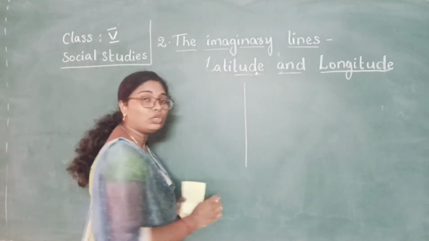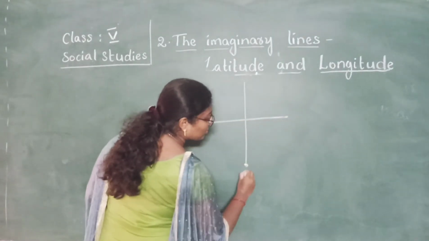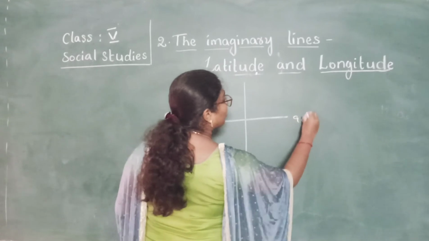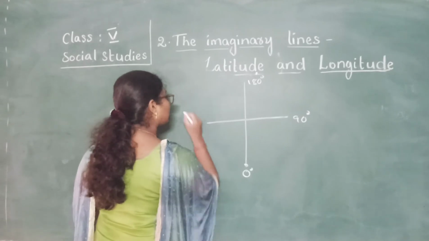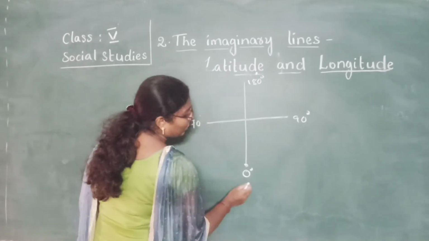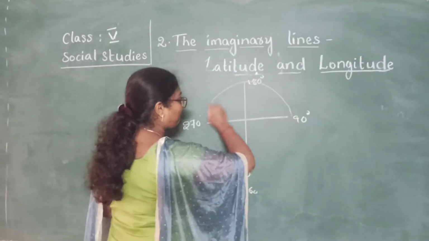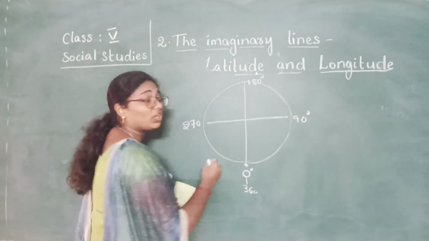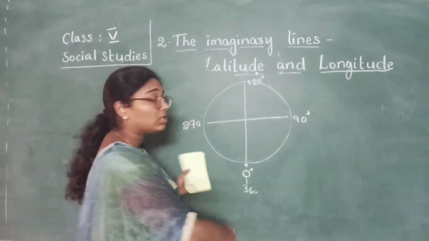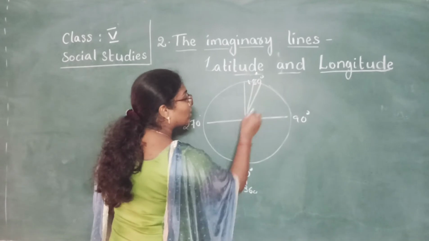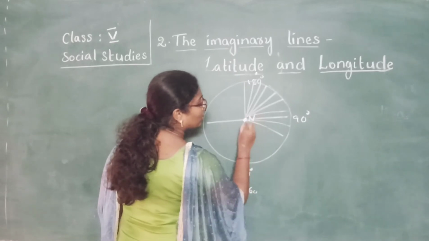See, do you know a protractor? That will be there in your geometry box, right? So starting from 0 degree, this will be 90, 180 and 270 here. And here you will get 360 degrees. So it is a complete circle, right? So if you are looking at the earth from top, like you are looking at the poles, so these will be all the longitudes. Imagine this as North Pole.